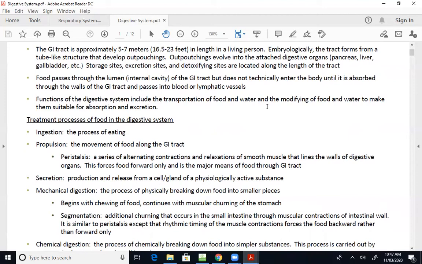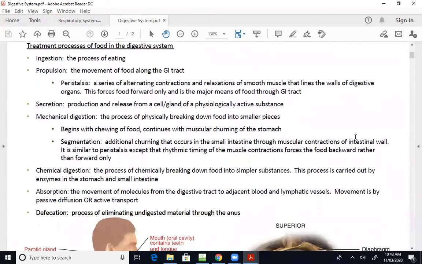As a whole, our digestive system functions to transport food and water, but more importantly, to modify our food and water to make them suitable for absorption, which is really the main goal, why we ingest anything, so that we provide the nutrients that we need for various functions, and then what we don't digest gets excreted out of our body. I'm actually describing some of the treatment processes of our food in the digestive system, beginning with ingestion,